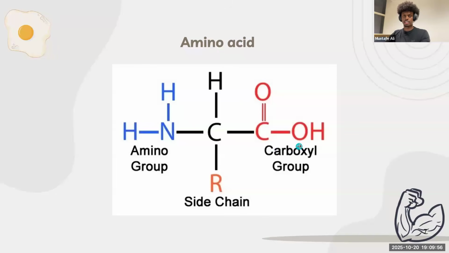Now, an amino acid has four main groups. It has an amino group, which is right here, consists of a nitrogen and two hydrogen atoms. We have a carboxyl group, which is right here. It has a double bonded O and an OH. And we also have an R group that is present in the amino acid. Now, this R group or this side chain is very important. We're going to be talking about why it is important later on, but just keep that in mind. And we also have this hydrogen, which is by itself, that is present on the top.